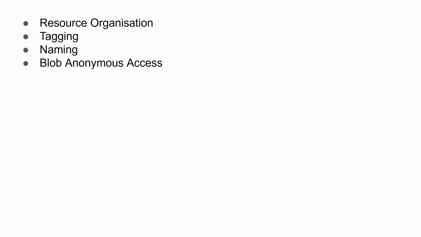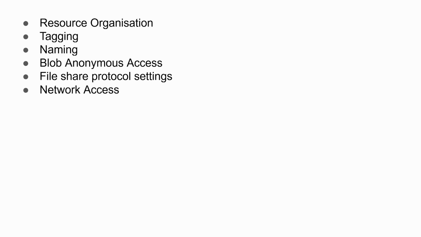In this video, we will start by talking about resource organization, and then we'll talk about tagging and naming, and also blob anonymous access settings, file share protocol settings. Then we will talk about network access, which is one of the most important things to think about. And then authentication, which I would say is the second most important thing to think about when deploying a storage